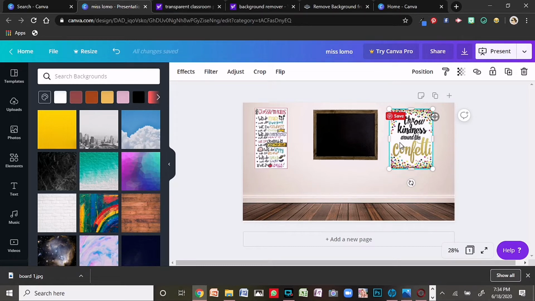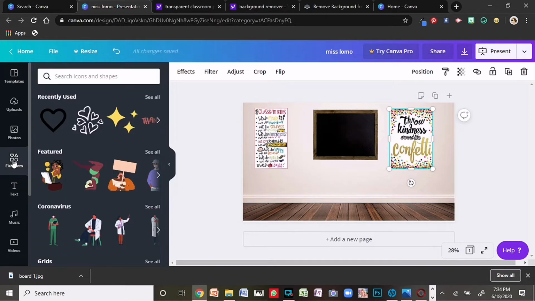So to add that, I'm going to add a cartoon. You know, children love cartoons. I'm going to add a cartoon to create an illusion of a teacher. So I'm going to go to elements. I'll click on elements, and I'm going to search, type teacher,